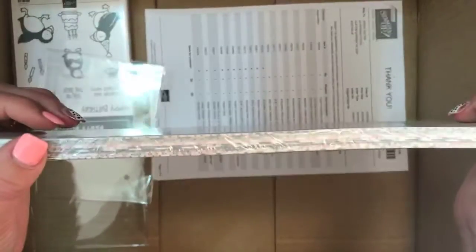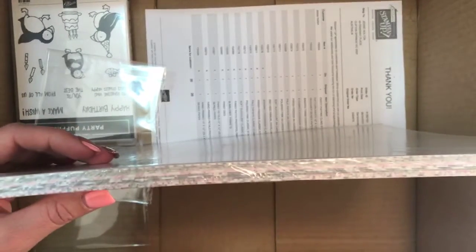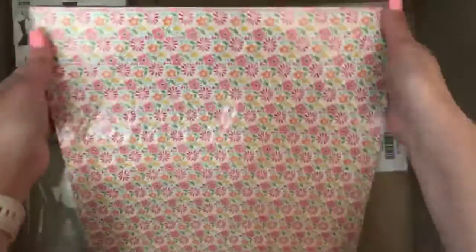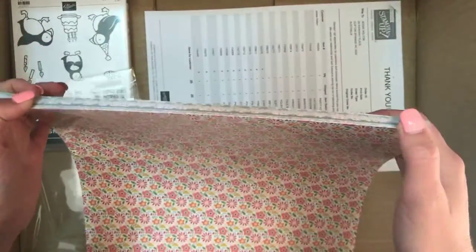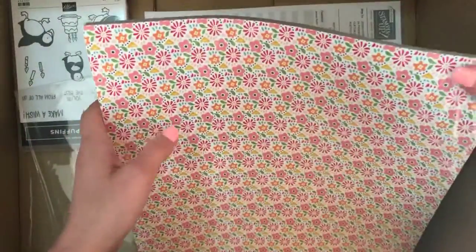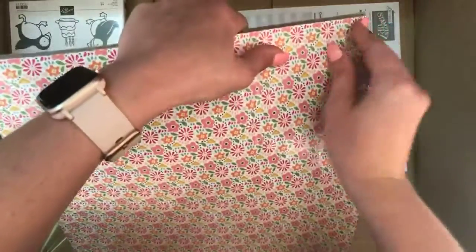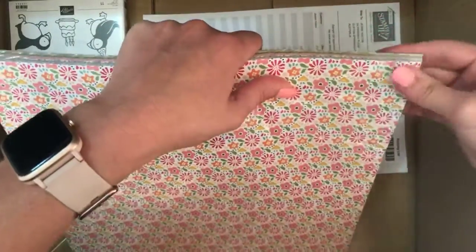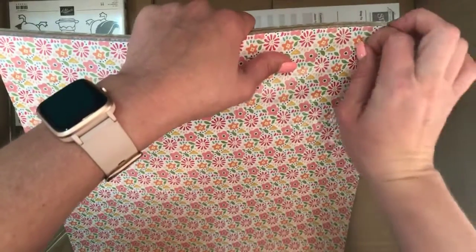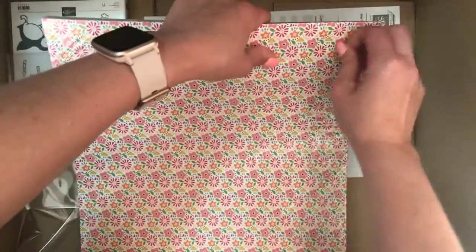how cool is this? Look at this big thick pack of paper. Hi Alyssa. Hi Linda. This is actually a host rewards option. So this time round they do have some stamp sets, but they've also got this paper in there, which is really cool. And so you can earn this for free after you've spent $250 in Aussie,